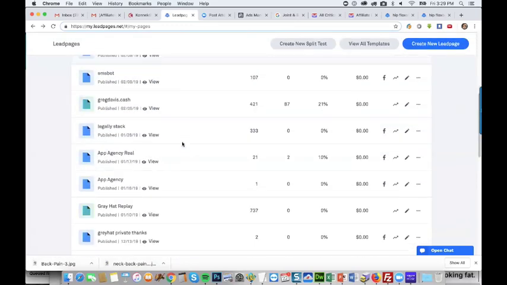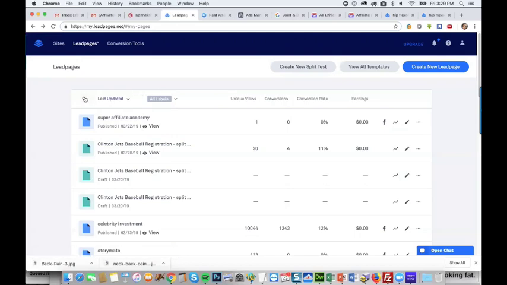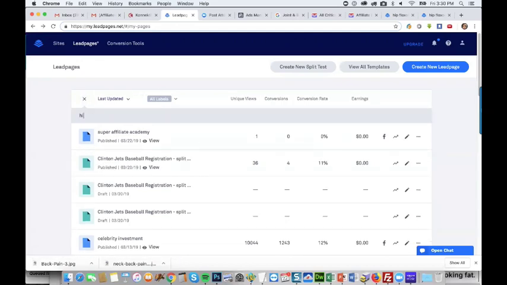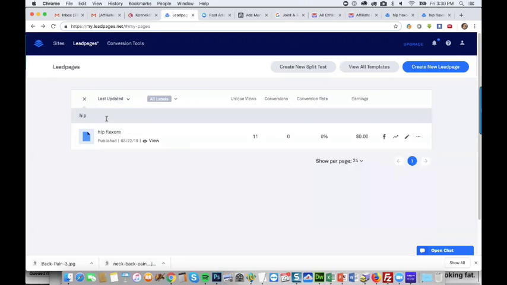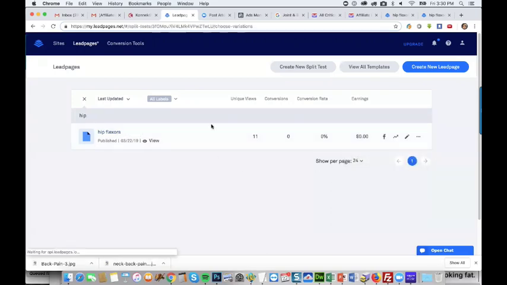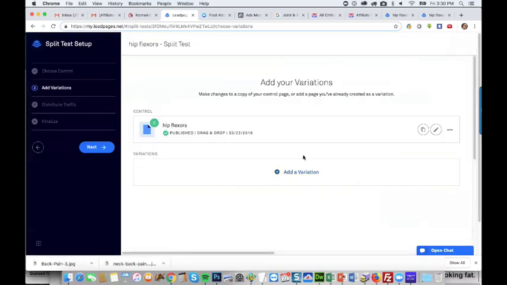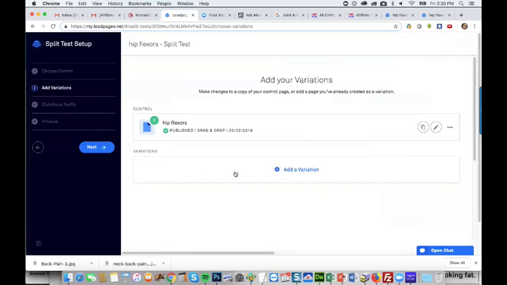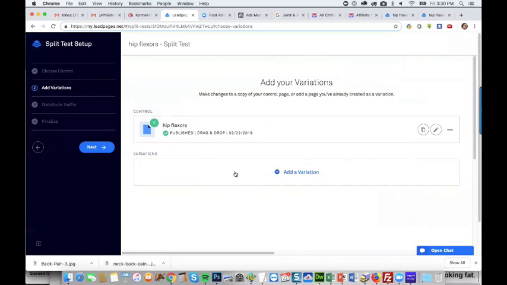I got way too many pages in here. All right, so if you go here, actions, you can create a split test. With the split test, you can make different variations of the page, I think up to 4 or 5 different variations. So that's something you can definitely do right from inside Lead Pages, and come up with a better variation of the page.